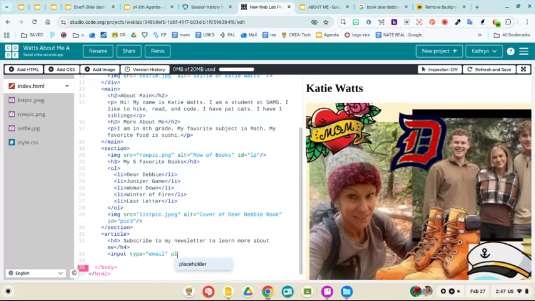And then placeholder, predictive text comes up, equals the words your email for them to know what to type. And then on this side, I can put the close bracket, and then I need a button. So button, enter, close button. And then I want one more, an H4, when did you visit my site, question mark, H4,